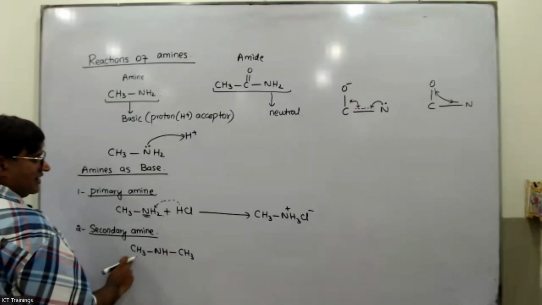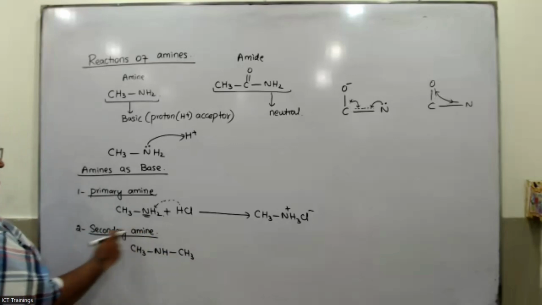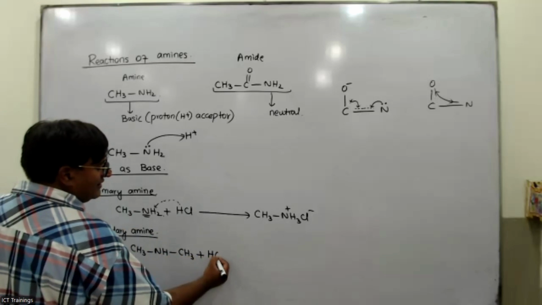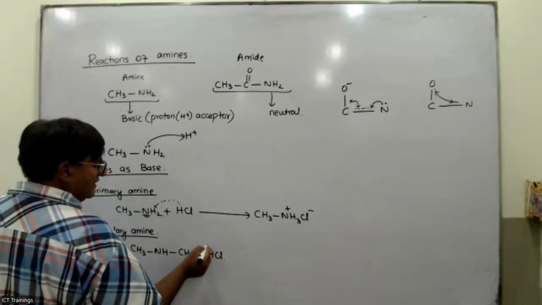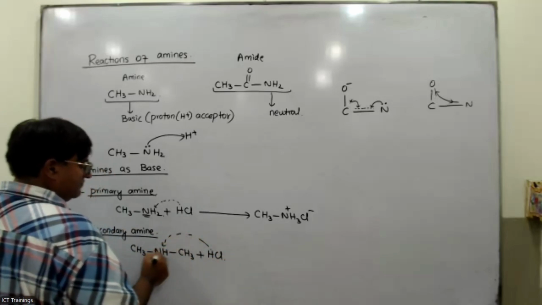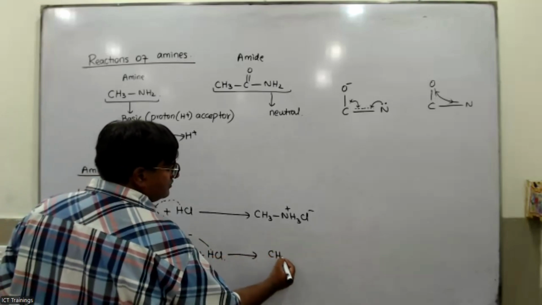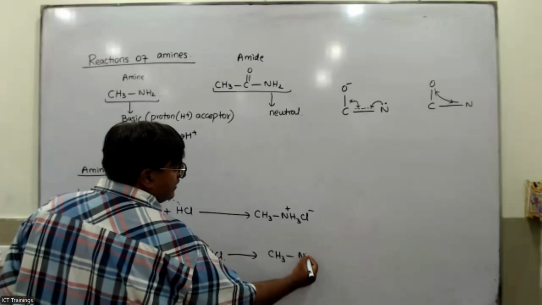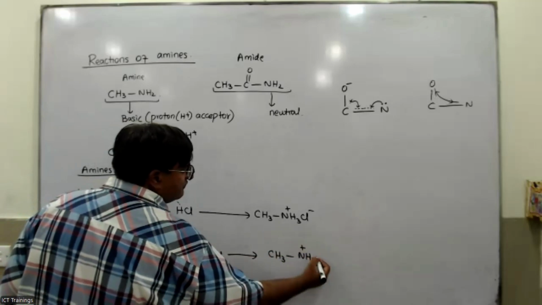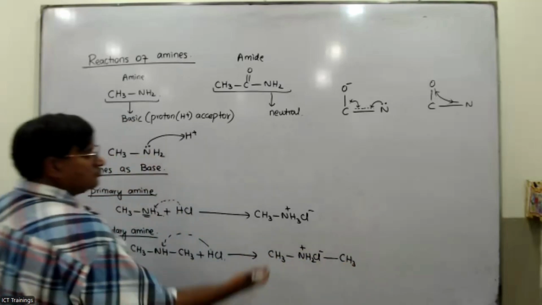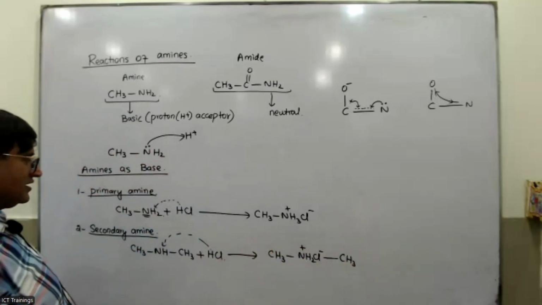Two of its sides are having the carbon, so this is called as the secondary amine. The secondary amine also act as a proton acceptor. ये भी क्या करेगा कि इस H को अपने अंदर accept कर लेगा, so it would become CH3 NH2 positive Cl minus and this is CH3। तो ये भी आपका सॉल्ट बन जाएगा।